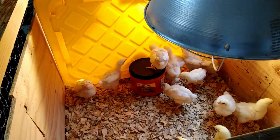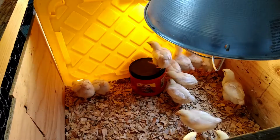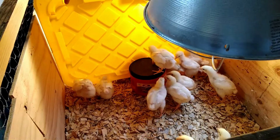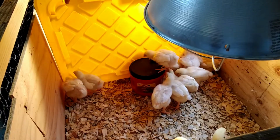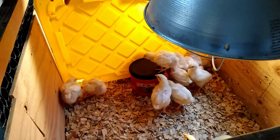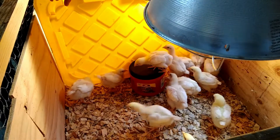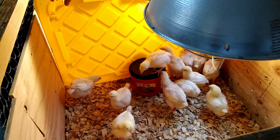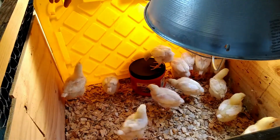All right, I'm halfway through the pasty butt check, but I find it funny when the chicks get up on the buckets, so I thought I'd turn it on. So far, we are 100% clean, which is expected because they're bigger and it's easier for them to avoid their own feathers when they're pooping. If you've never seen a chick poop before,